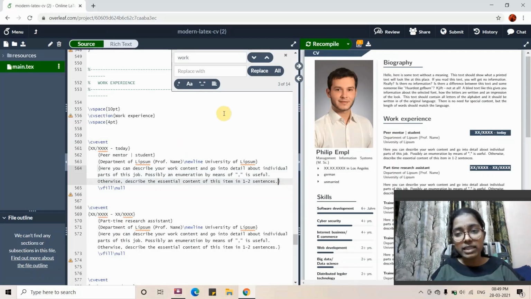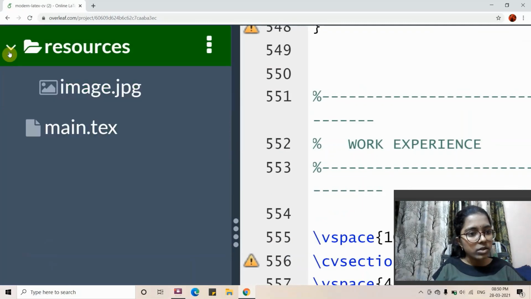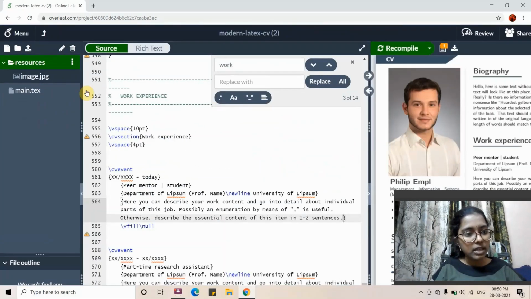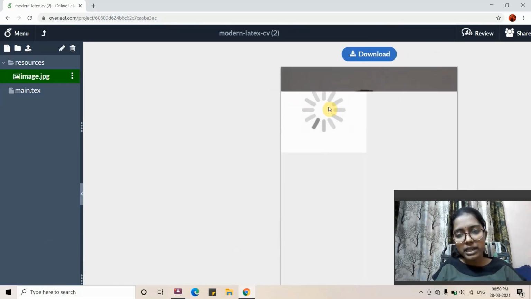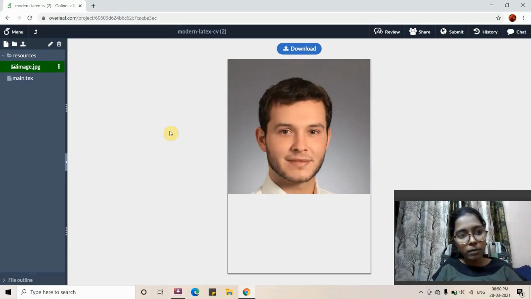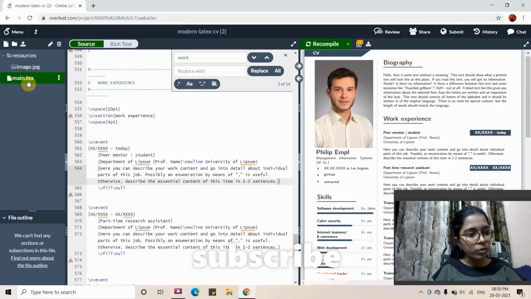The second thing is how to change your profile pic. You can see here in the resources there is a thing like image.jpg, which is the image that the template provides.